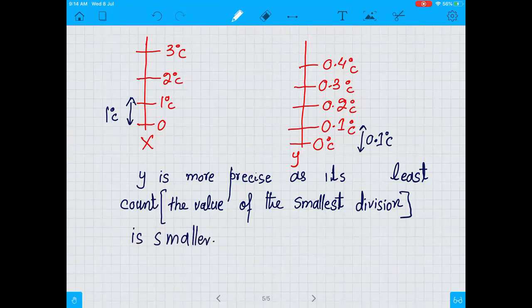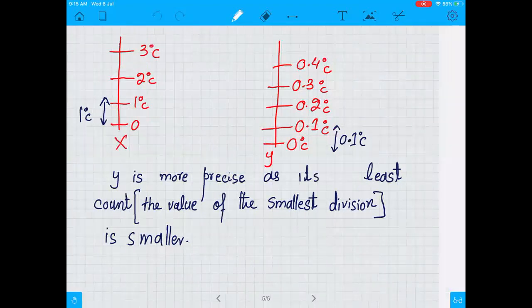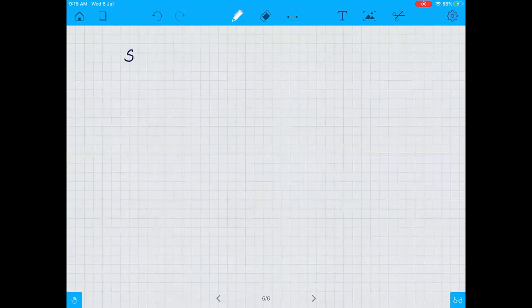So this is the difference between sensitivity and precision. Sensitivity is about size of division, while precision is about value of a division. Now let's go with the exam definition of sensitivity. If you want to define sensitivity in your exam, then the exam definition of sensitivity would be,